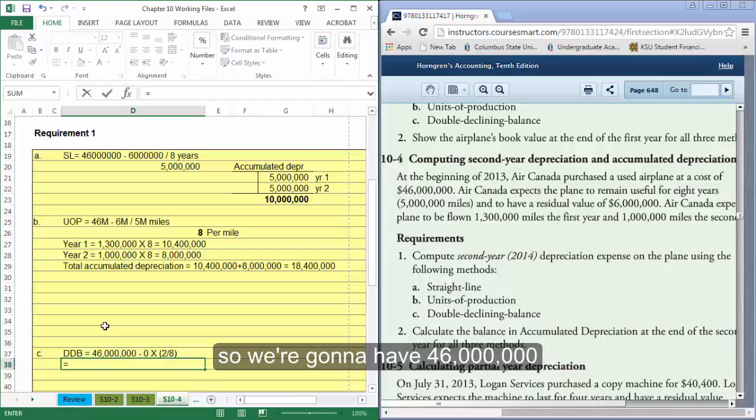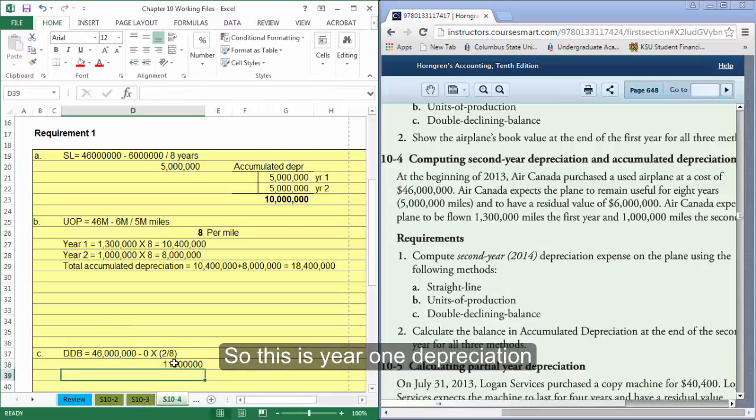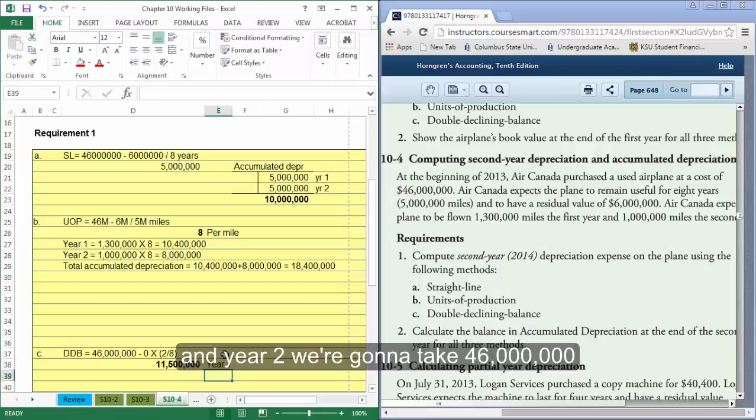So we're going to have 46 million times 2 over 8. So this is year 1 depreciation. So year 1. And year 2 down here, we're going to take 46 million